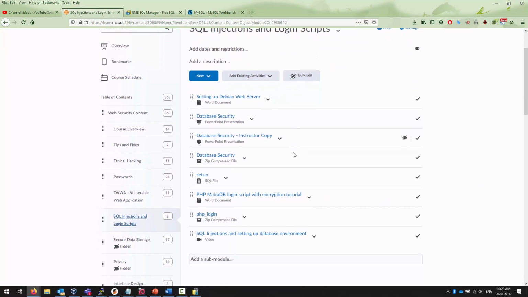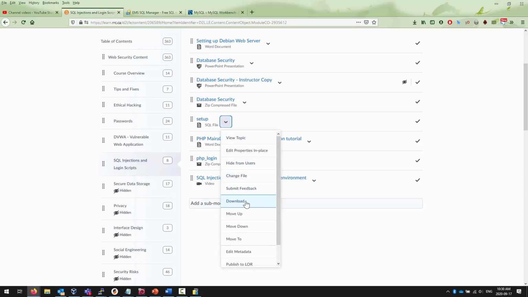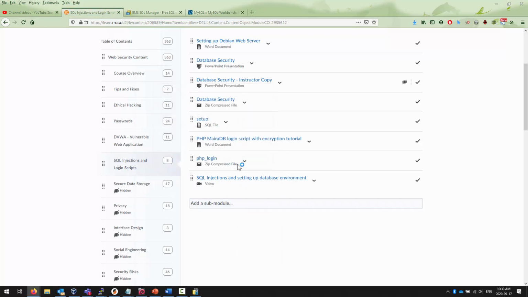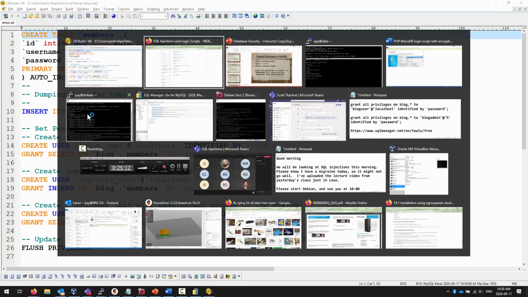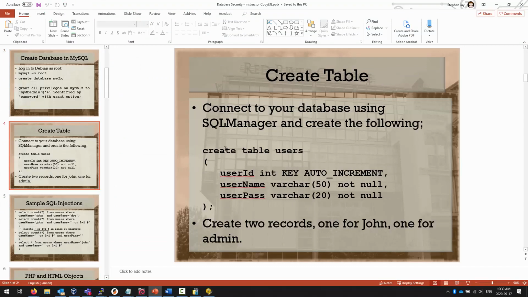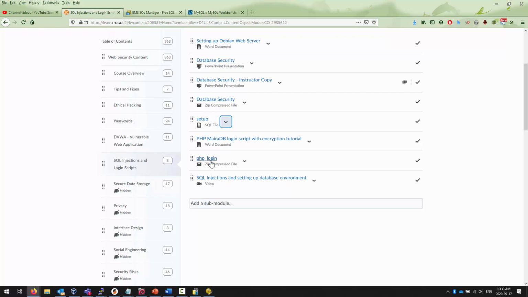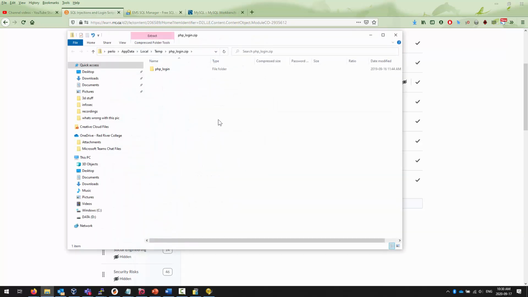If you want in Learn in this shell, if you take a look, there is also a PHP login zip file, and there's also a setup file. The setup file, if you were to take a look at that, has a bunch of SQL commands that you can use. Alright? Obviously this is table members, whereas the PowerPoint slide talks about the table users. There is also a PHP login zip file, and when you download that, you see that this also has,